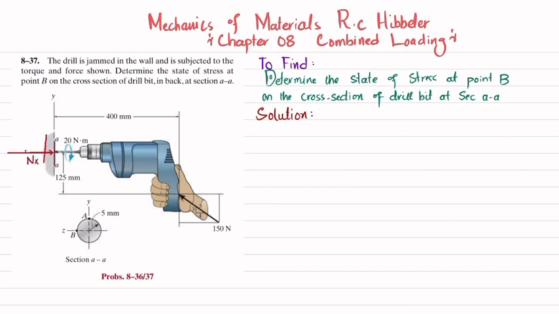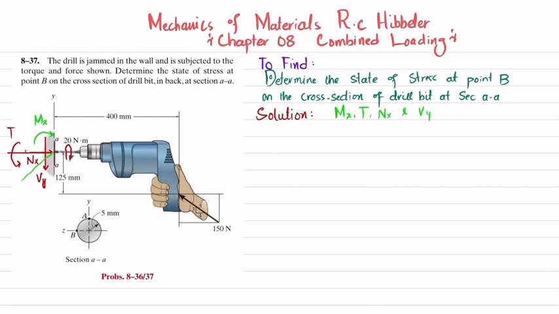You will be having a vertical shear, which is Vy. You will be having the torque that is applied, that is clockwise. So in reaction you will have torque about the x-axis. And one important thing is that you will be having a moment about the z-axis. The z-axis is actually out of the plane, so this will be moment Mz. So we will find this Mz, this torque T, this Nx and Vy